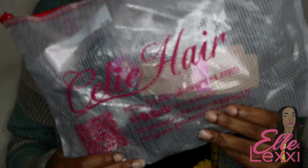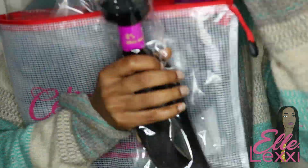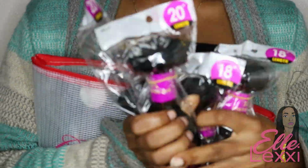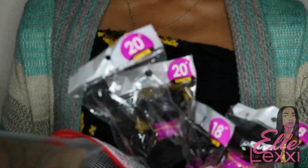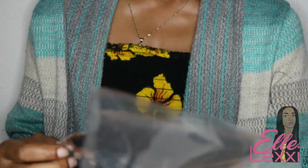So today I will be showing you guys how my hair came in the mail. I am collaborating with Celie Hair and they sent me 4 bundles of their Indian straight hair. I got 2 bundles of 18-inch and 2 bundles of 20-inch, along with an 18-inch 13x4 lace frontal that was already pre-plucked. So right here I'm just showing you guys the contents, the packaging, the standard clear packaging with the